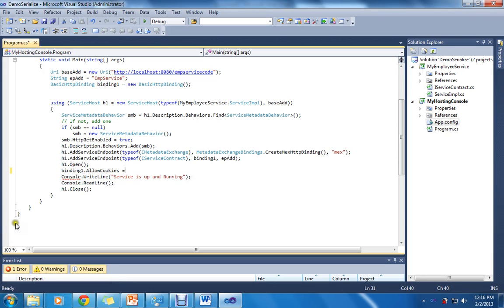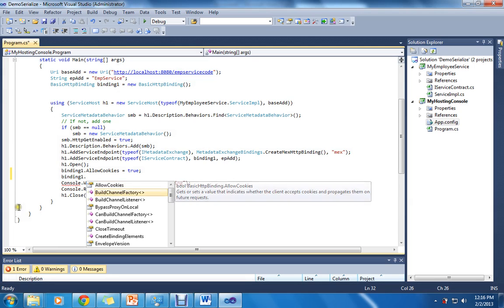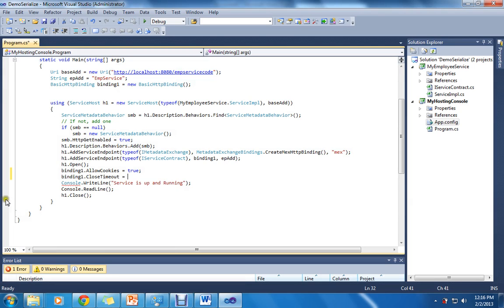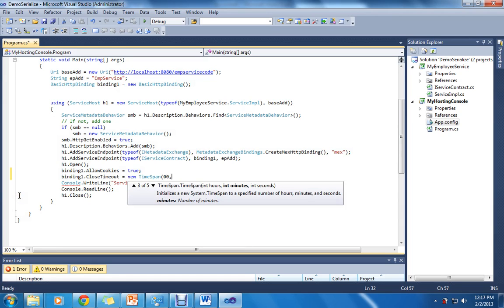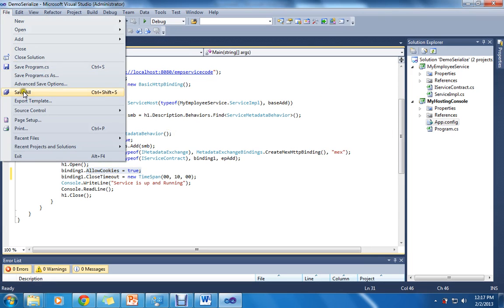So allow cookies is equal to true, and binding1.CloseTimeout is equal to new TimeSpan of 0, 10, 0. I've given some time span here of around 10 minutes, and I've set the allow cookies property equal to true. Whatever I was able to do in the app config file, I can do in the coding also. File, save all, and